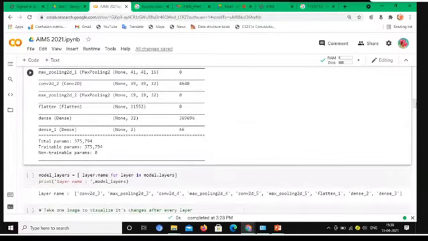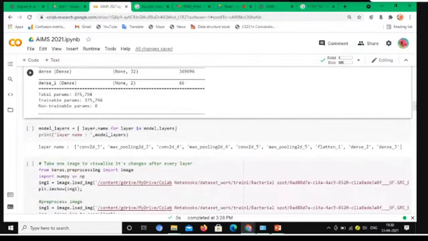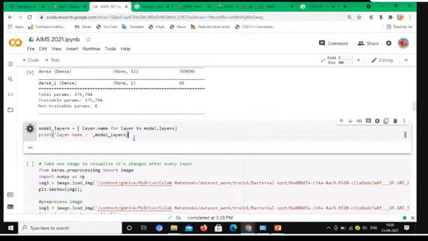If we freeze the layers, we don't count the frozen layers, so we only get the trainable parameters of that, which is 3,75,794.